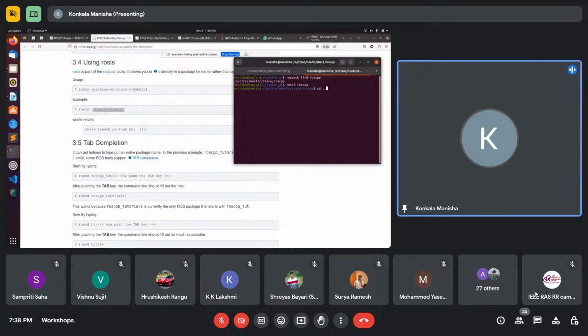So now, going back. Okay. Now I'm in my Catkin workspace directory. Now if I give ls, it will print what all is present inside my directory, right? This is a normal Unix command or a Linux command. So similarly, if I want to see what is inside a certain package without navigating and so on, I can directly run this rosls and then followed by my